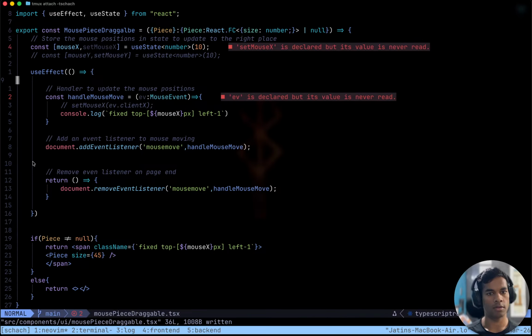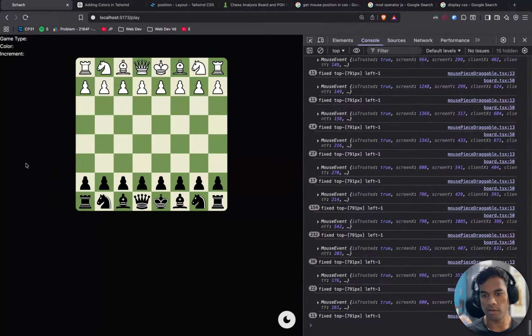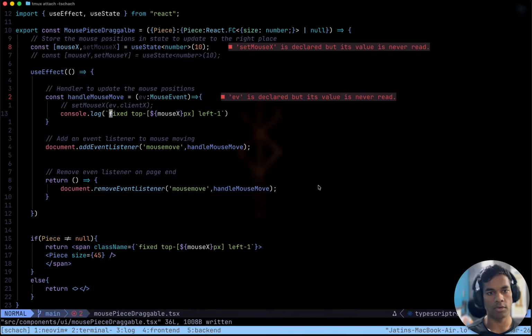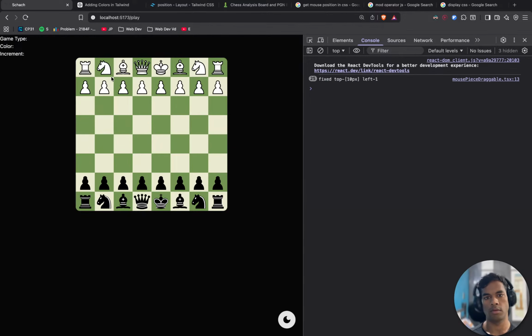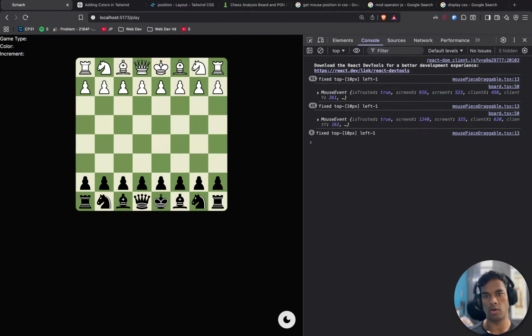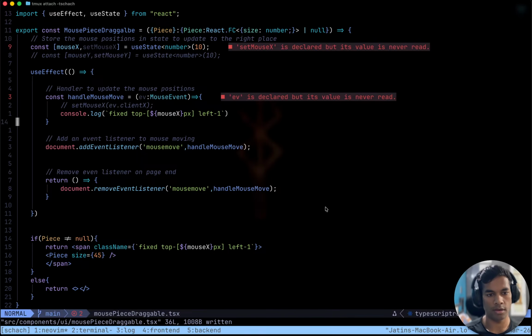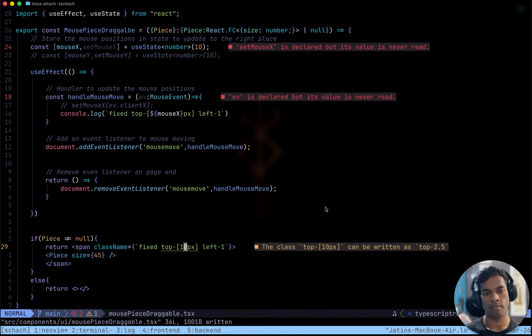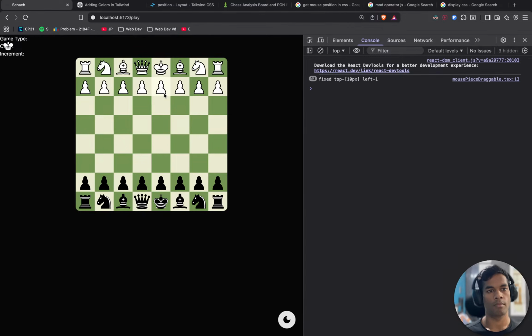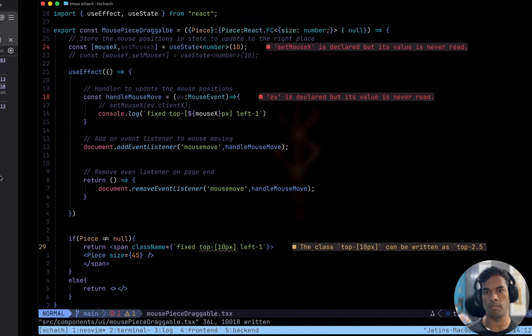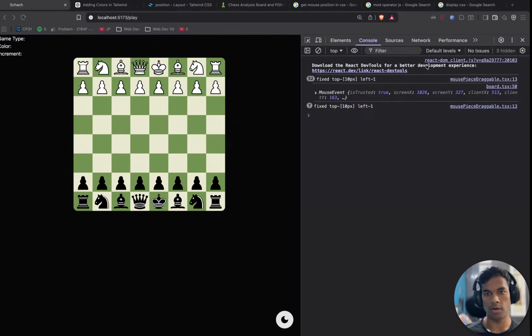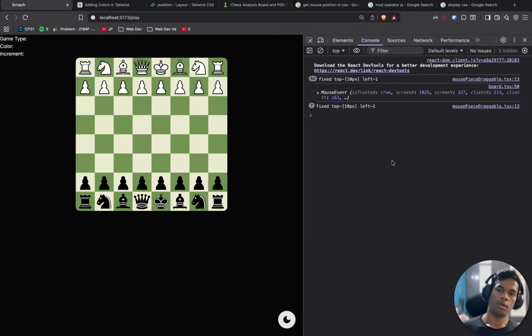Why is top 791? Top 10 pixels. Top 10 pixels should be working. Fixed top 10 pixels.